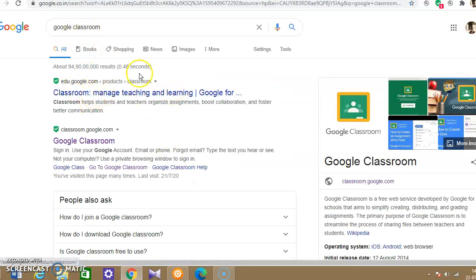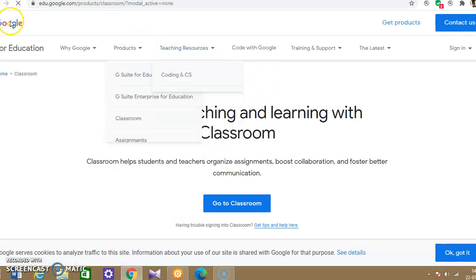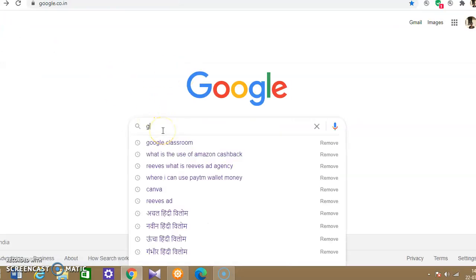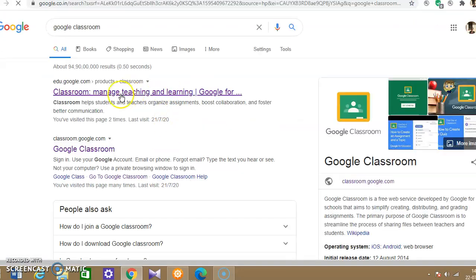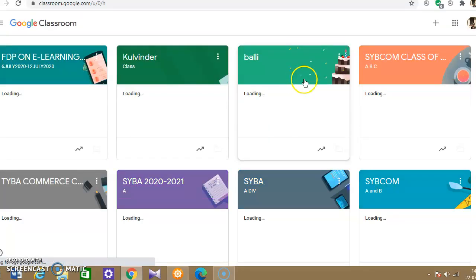Once you do that, you see these windows appearing. Just click on the first option, which is Classroom. Once you do that, a page opens up. This is about Google Classroom. Now it tells you how you can go about it. As a student, your job would be joining a classroom. Your teacher must have definitely shared a code with you to join the Google Classroom.